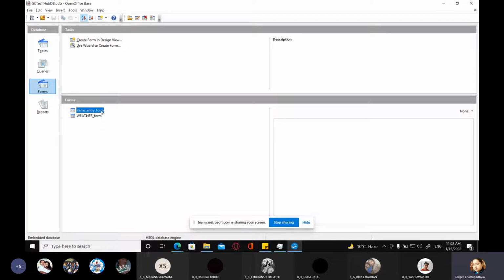Creating reports, right? As we know, reports are hard copies of your data extracted from your tables. So it's not just that your data is extracted from the table and displayed, but you can also create queries and create reports on your queries also. We will see one example of that. We'll try to create a report based on a query.